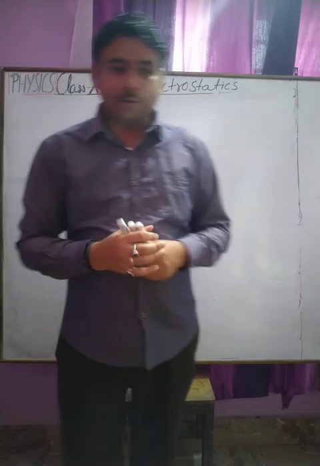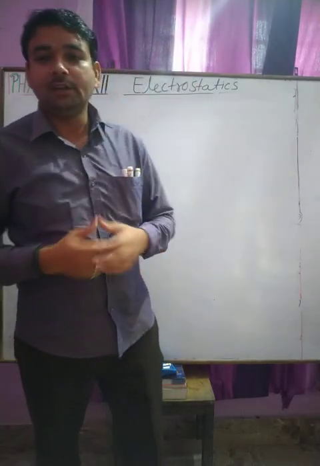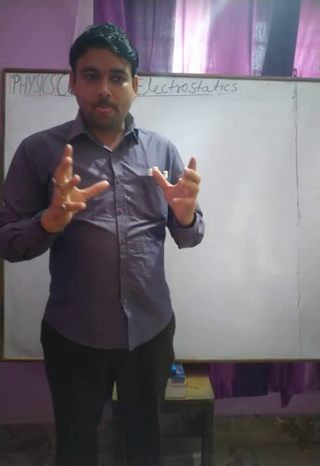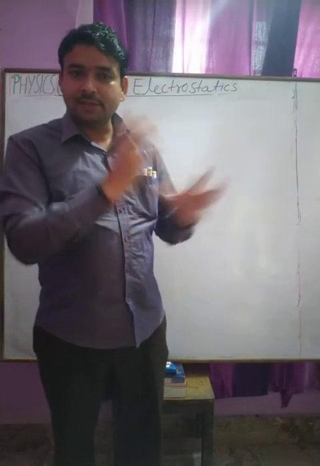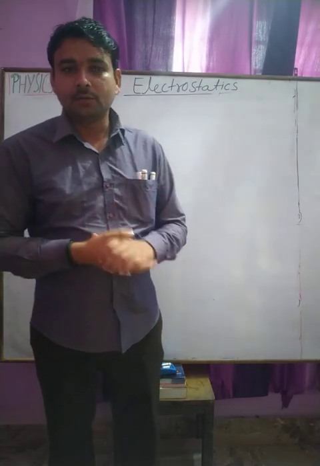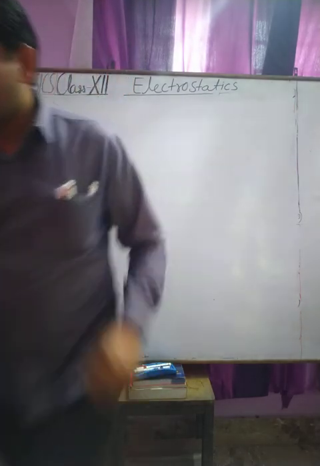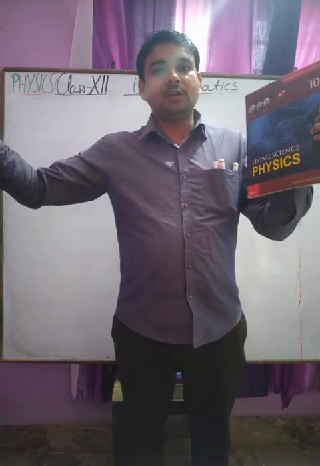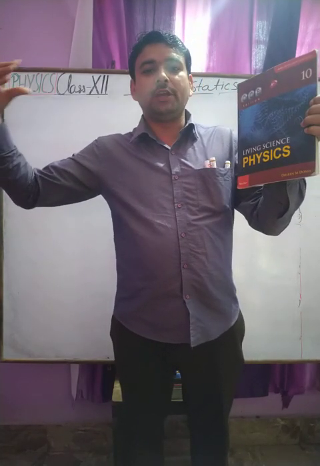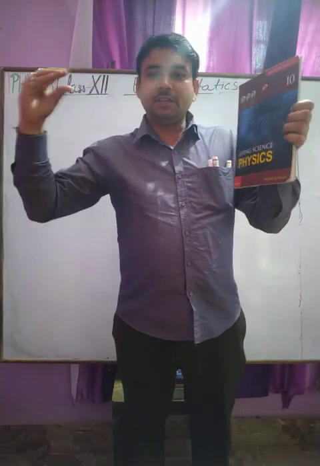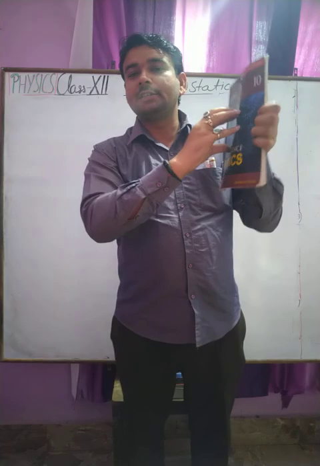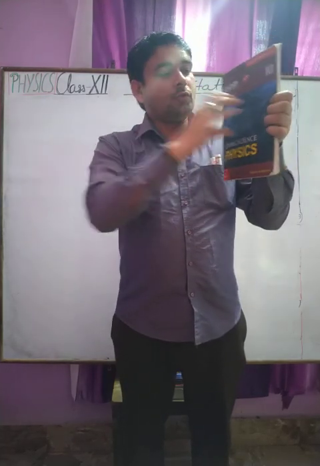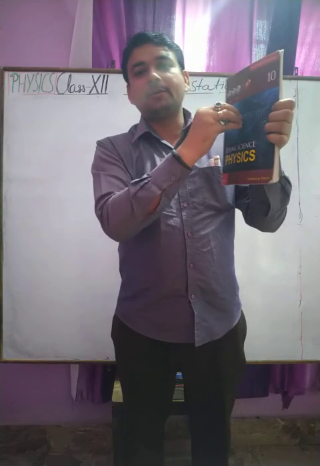Similarly, if we have a surface like a ring or any other surface, suppose we take this book as an area, and from a charge electric field lines are moving to this area. So all these electric field lines are linked with this area. So we say this area has that much flux.